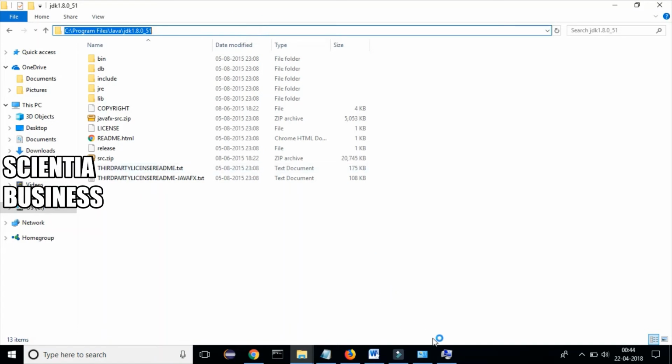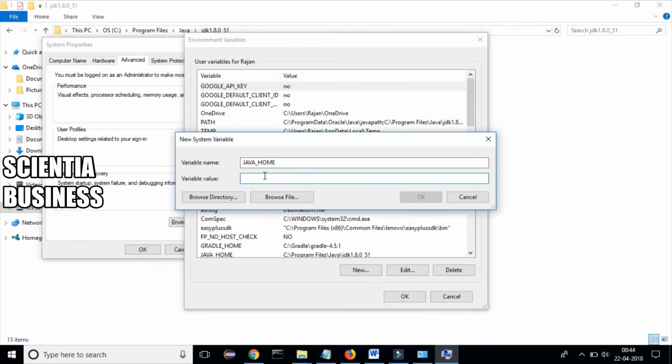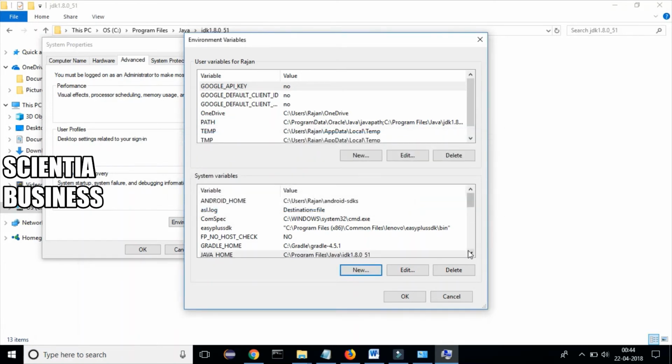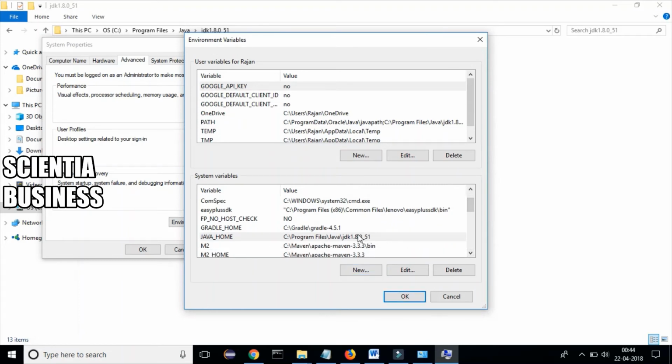Go to your environment variable, paste this path in the value field, and click on OK. You'll see that the JAVA_HOME variable has been created. So this is how we create the JAVA_HOME variable. Click on OK.